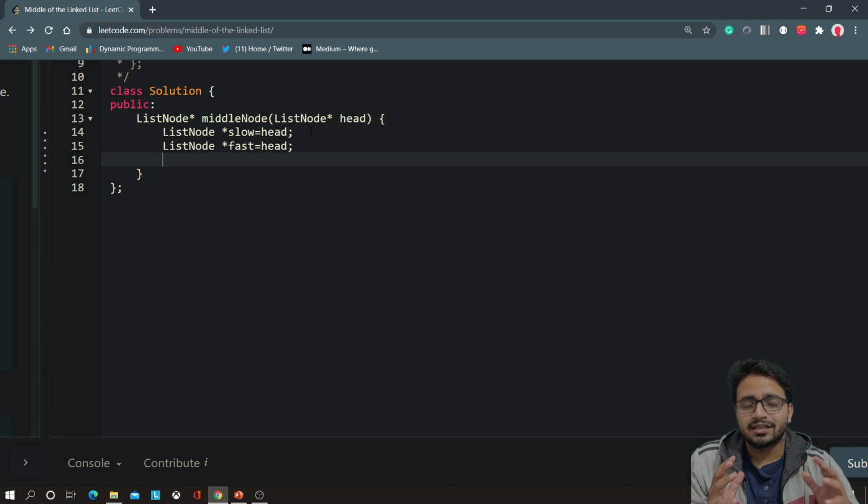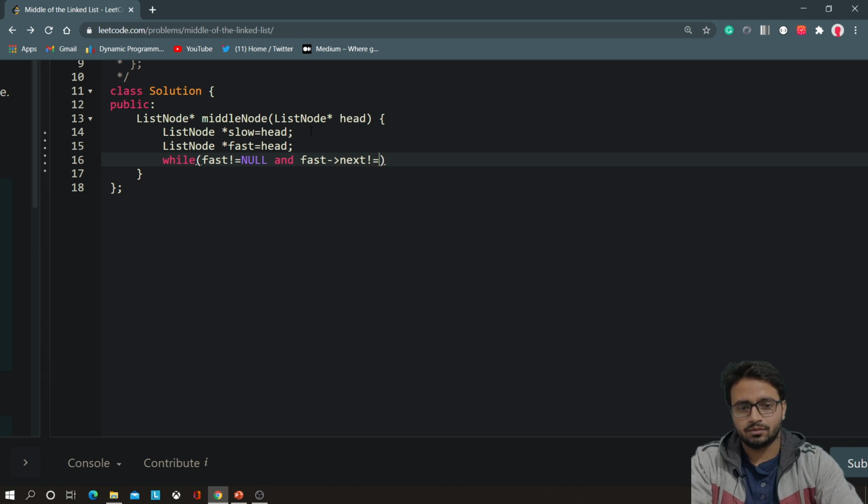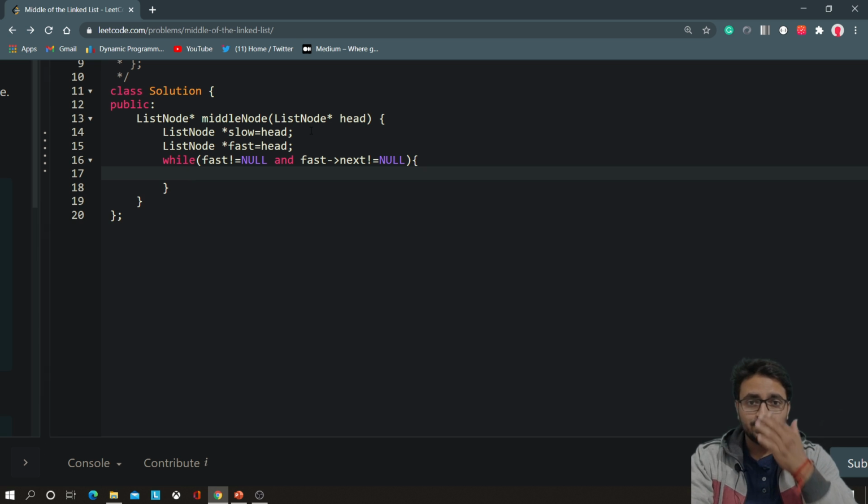So what we need to do is loop over the linked list while fast is not equal to null and fast next is not equal to null. And we need to move our slow pointer by 1 and fast pointer by 2.